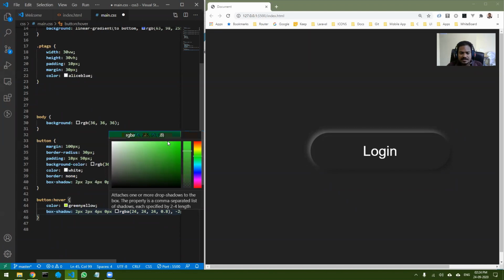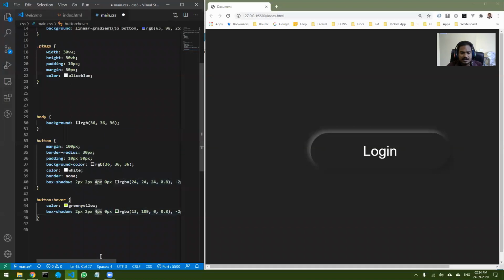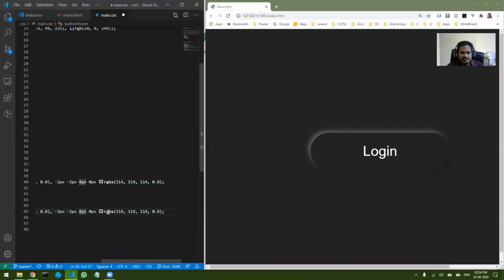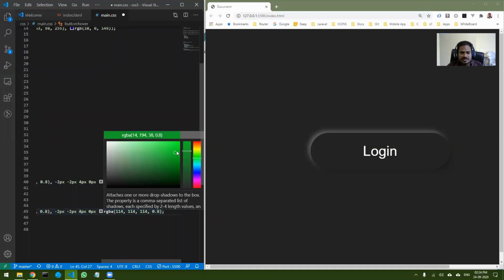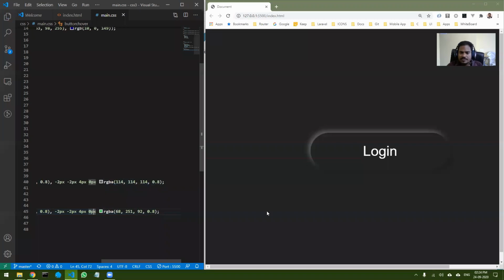It should be green. And for the light part, I should select something like this. Now if I save it, you can see the effect.